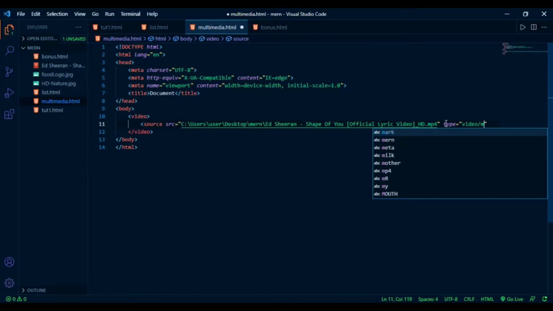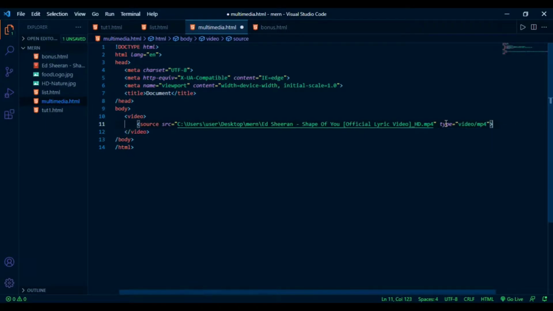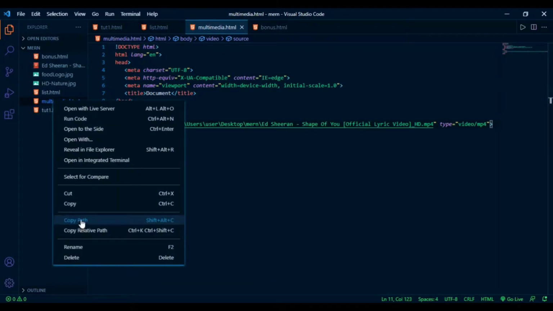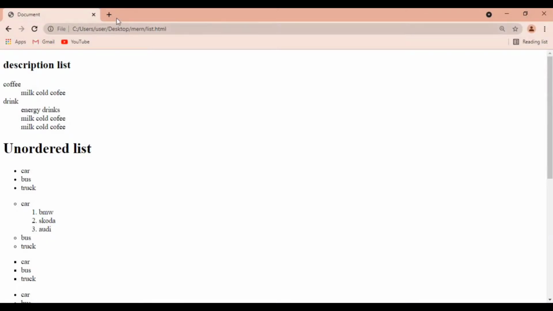It defines the type of our video. Now save the file, copy the path of the file and run it on the browser.